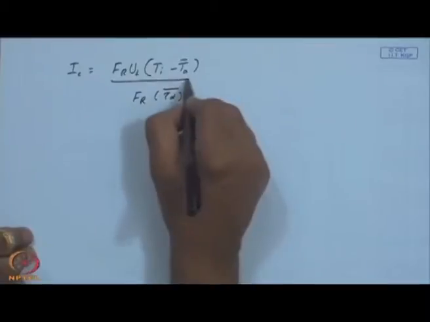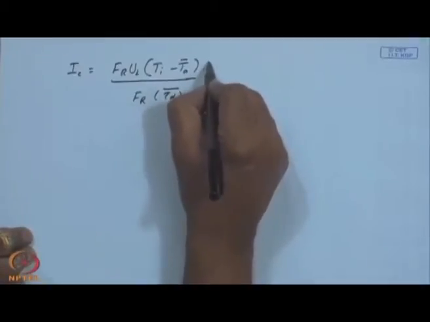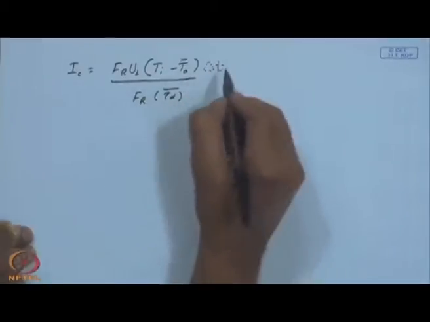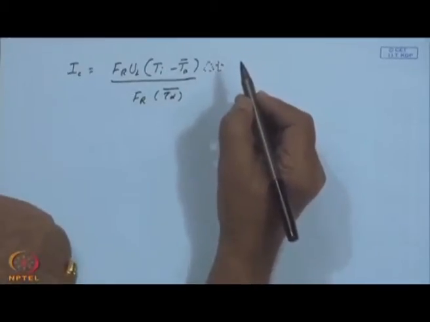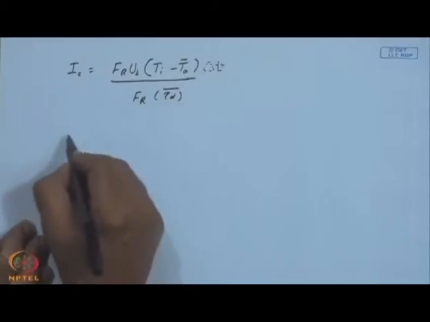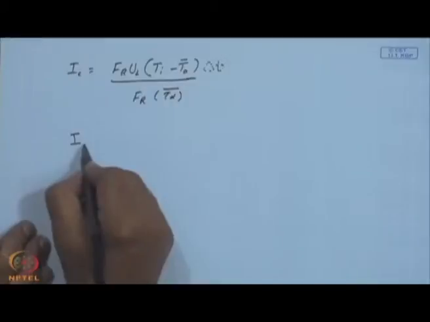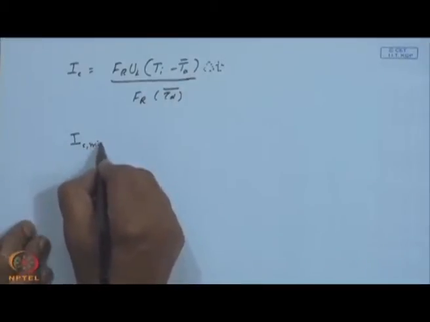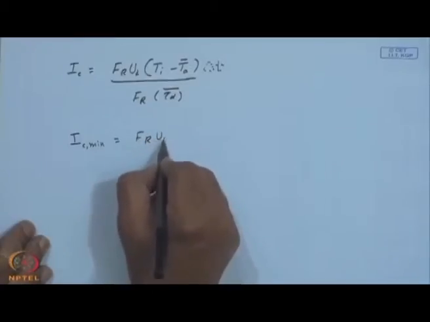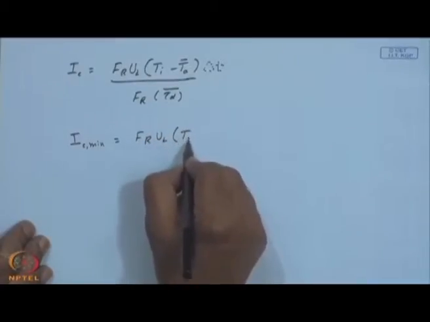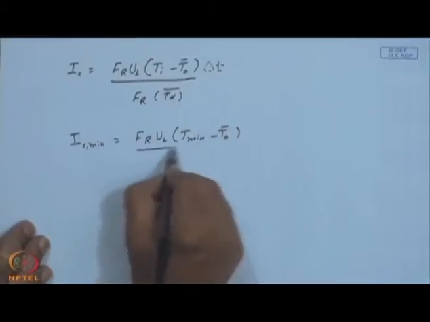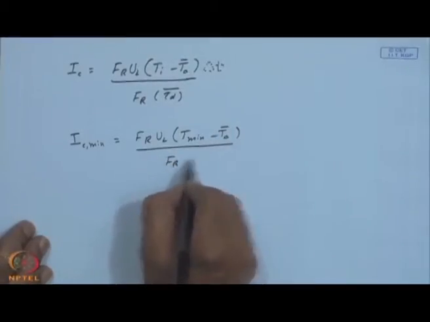And you should remember, here is a hidden delta t, which will indicate the time scale for which this is calculated. So, in terms of the minimum temperature above which energy delivery is desired, the same thing can be rewritten as F r U L times T minimum minus T A bar, by F r tau alpha bar,